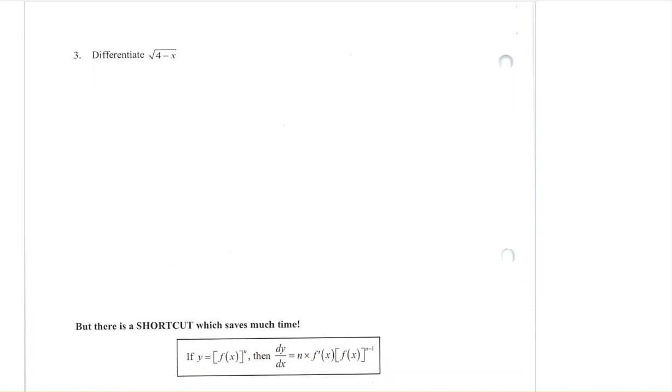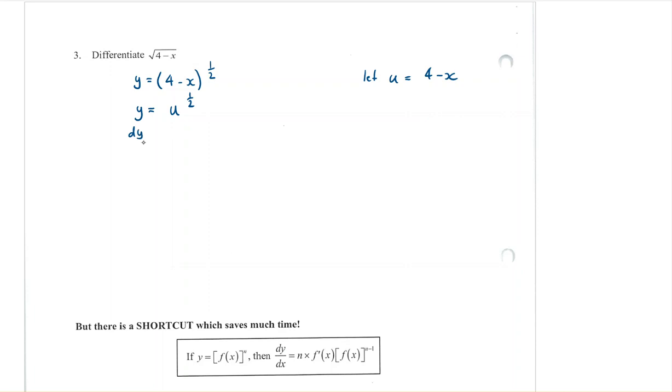Question 3, I want to differentiate the square root of 4 minus x. So that's going to be y equals, actually instead of square root, let's change that to be 4 minus x to the power of a half. That's going to be easy to differentiate. So I'm going to let u equal the part that's in the bracket, which is the 4 minus x. Before I differentiate, I will have u over here to the power of a half, and then